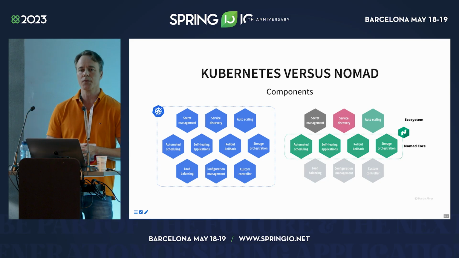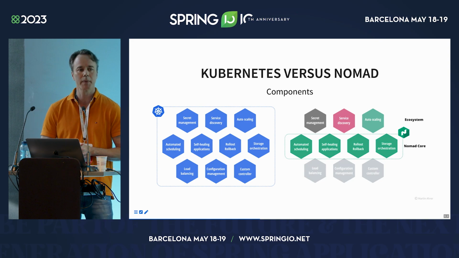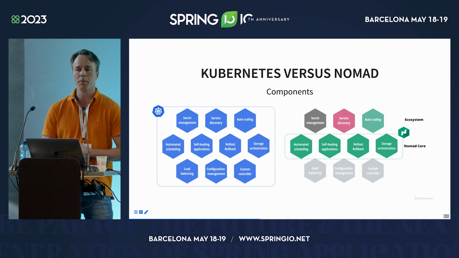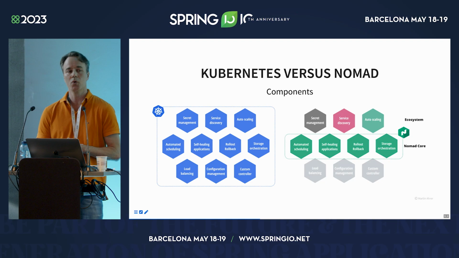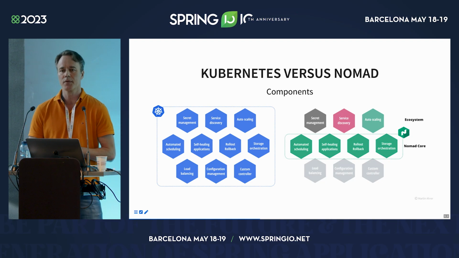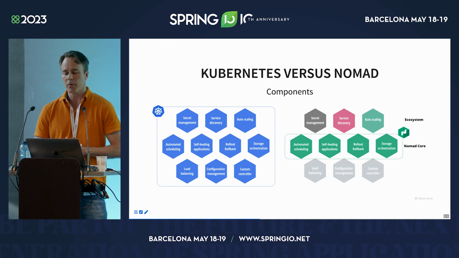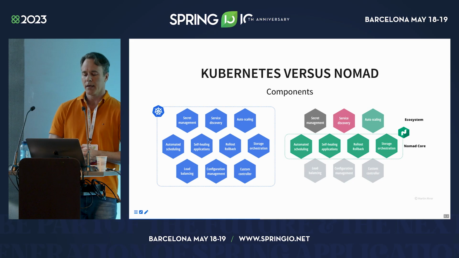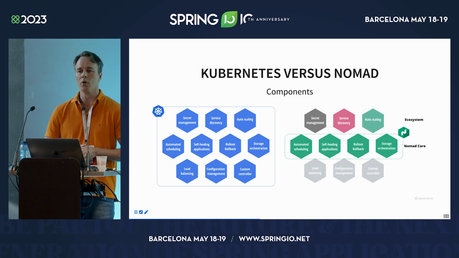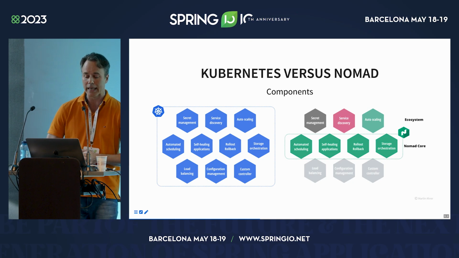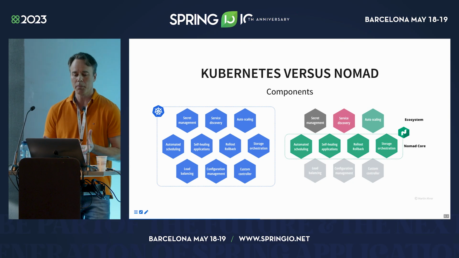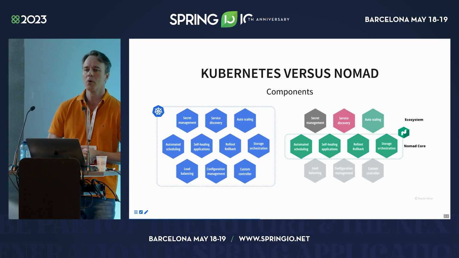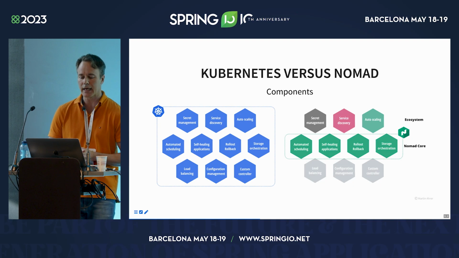Everything else is just optional. So if you happen to need secret management, then, for example, you could plug in Hashicorp Vault, which you probably know. Also, if you happen to need service discovery, so you want to register your workload as services and then do service discovery, then you could plug in an extra component. For example, you would go for Hashicorp Consul, and the same goes for autoscaling and load balancing. For example, for load balancing, you could use the popular load balancers Fabio or Traefik, that I will be using